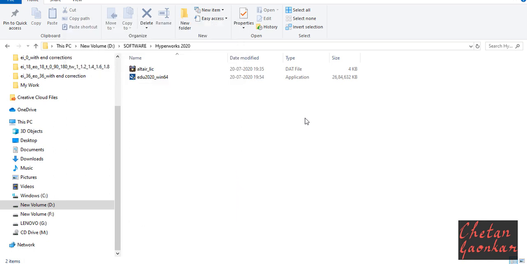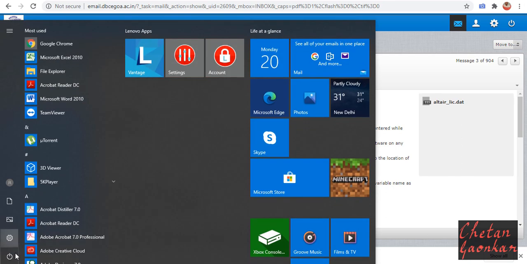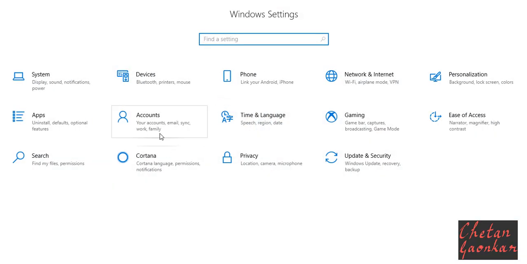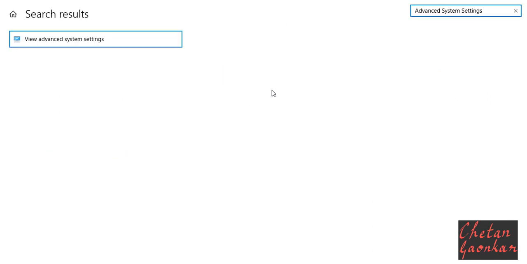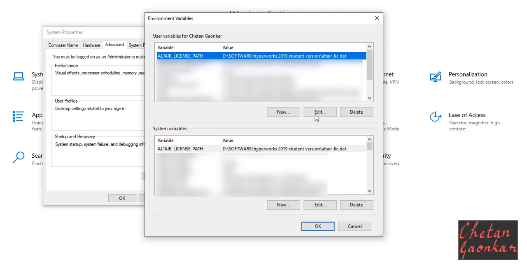and then better to transfer it to a safe location, especially somewhere near the D drive, wherein the license file will not be shifted. Now once this is done, what you can see in your email is that you need to create the environment variable. In order to do this, go to the settings, and then you can either follow all those steps which are mentioned in the email, or just copy this final advanced system setting and paste it in the search tab, so that you can directly get that box open. Once you paste it, you can easily open this. Go to environment variable, and now you need to create the environment variable.